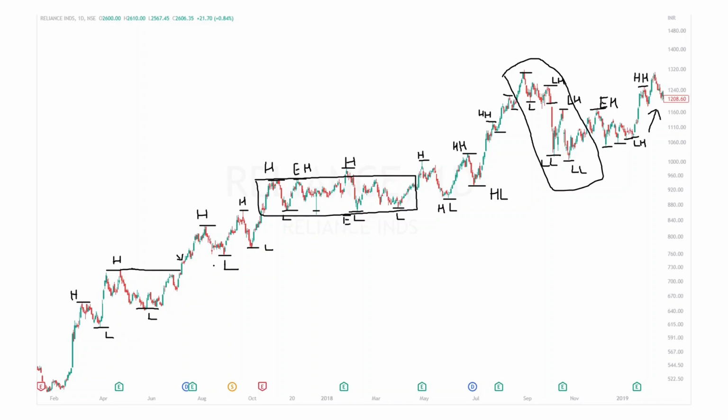So these highs and lows are actually also called pivot points, and they are very important from the point of view of managing stop loss when you take an entry. Because as price moves up, if you are participating in an uptrend, you want to be present in the position or the trade or investment, whatever it is, till the point the structure is intact. So you will keep marking out these pivot points and continue to hold on to your position till none of them is violated. As soon as you see any kind of violation, like this is a violation,